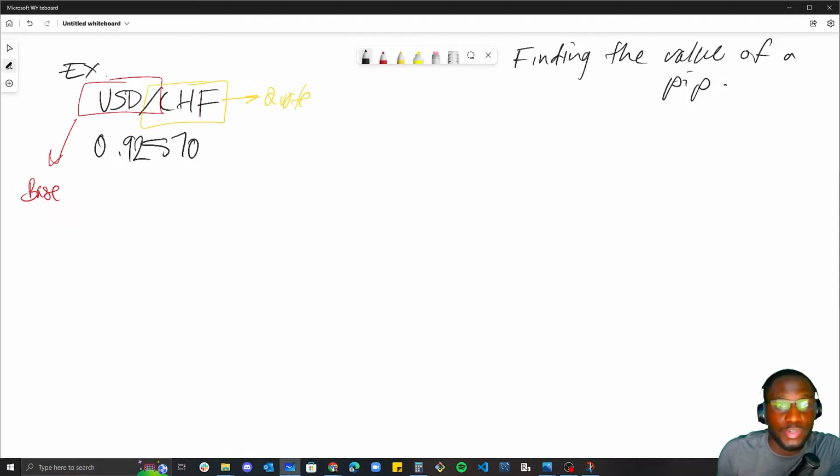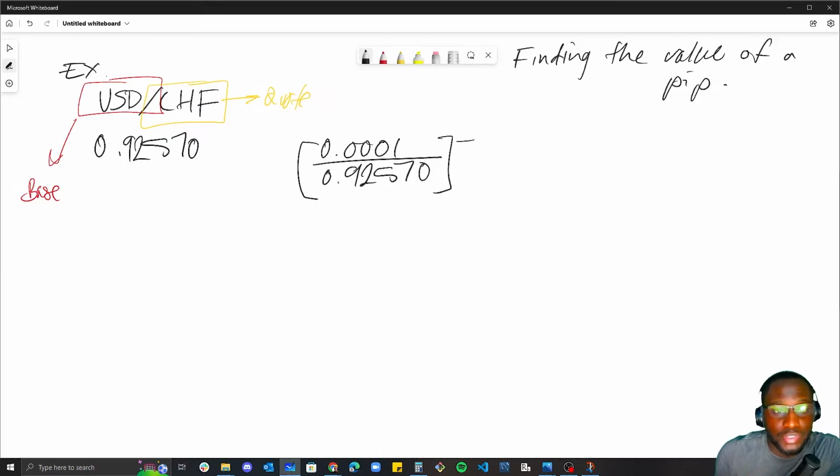So to find the value of a pip, as a pip appreciates or depreciates, basically what you want to do is take the format of a pip and then divide that by the exchange rate. Now, if this was a yen paired exchange rate, then it would obviously be instead of 0.001, it will be 0.01 because that's the format of a pip. All right, cool. So you'll just take that, divide that by each other, and then you want to multiply this by 10,000